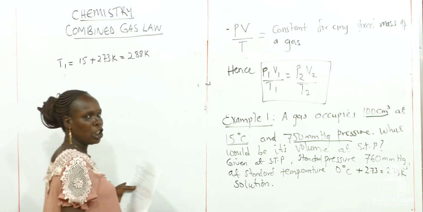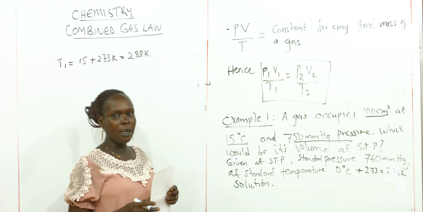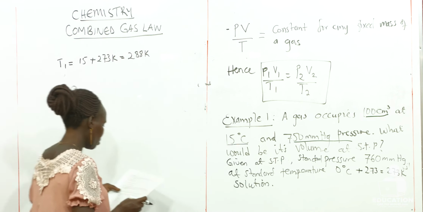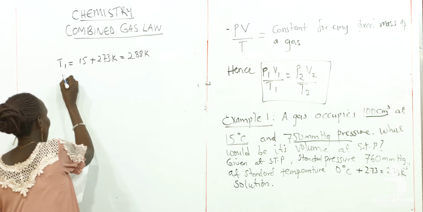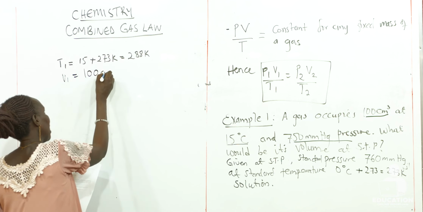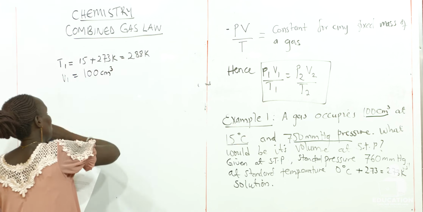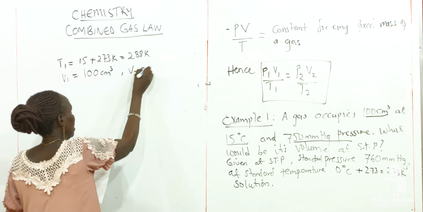So we have changed it into the Kelvin scale by adding 273. We also remember that volume 1 is equal to 100 centimeter cube, and